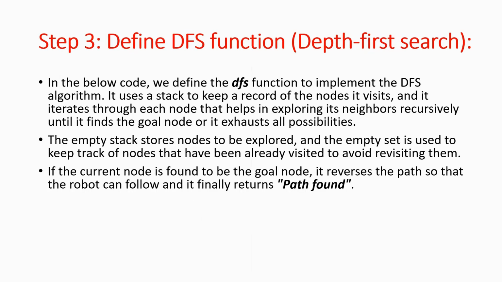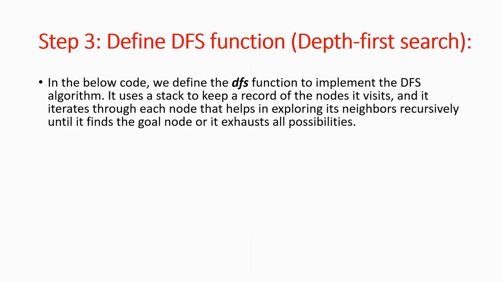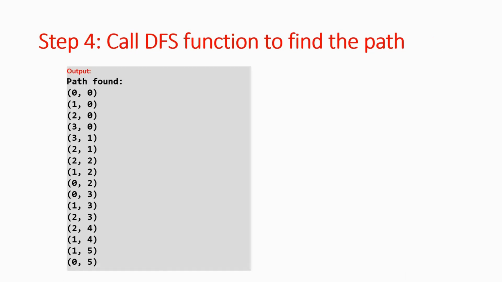So here we have starting moving like that, we have less track. So (0,0) is the starting state, and (1,0) is move right, and (2,0) is move right again, (3,0) is move right, (3,1) move down. We step one down, and (2,1) has move left, (2,2) has move down, and (1,2) has move left again,